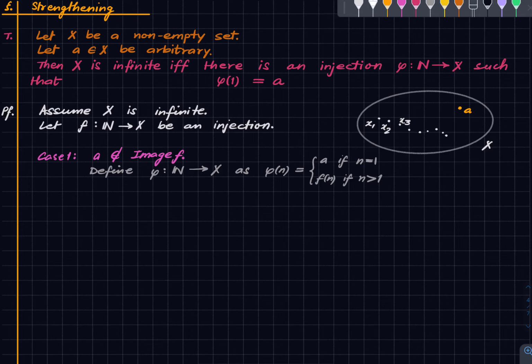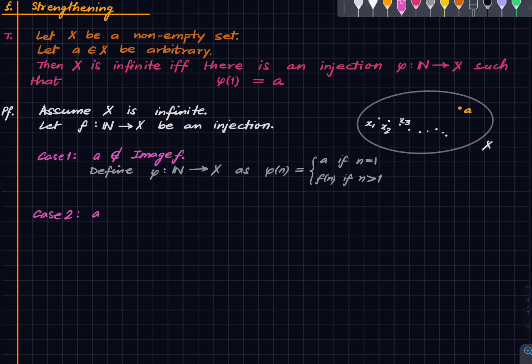Clearly phi is injective. Why is it injective? Well, it is first of all injective on this range. Whenever you feed two natural numbers which are both greater than 1, clearly they have distinct images simply because f is injective. And the image of 1 cannot clash with any of these because A was not in the image of f. So just justify for yourself that phi is injective. And by definition, phi of 1 is equal to A. So this finishes the proof in this case. If A is not in the image of f, we are clearly done. So case 2 is